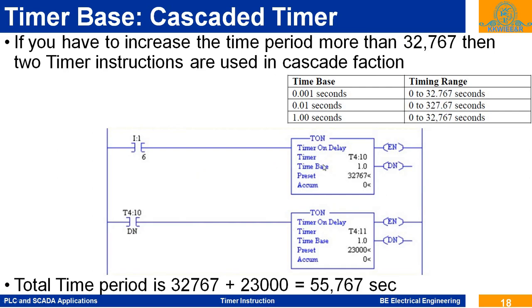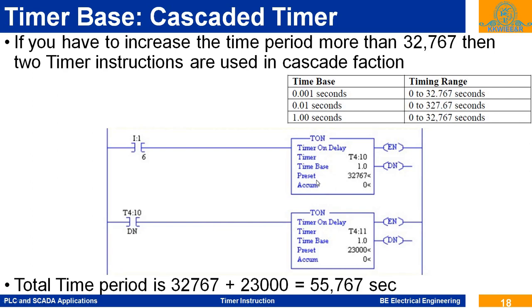For that, we use two timers with the same time base on both timers. They are used in a cascade fashion. Okay. So the input instruction is used for the first timer, and the done bit of the first timer is used to make true the timer instruction of the second timer. Okay. Means here